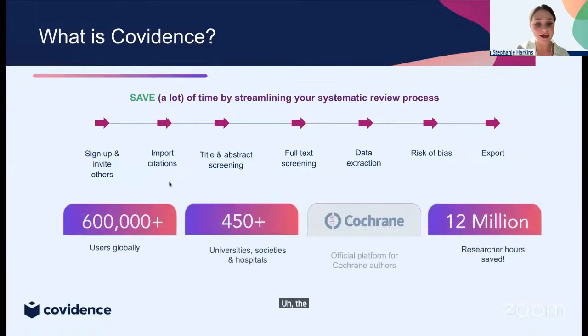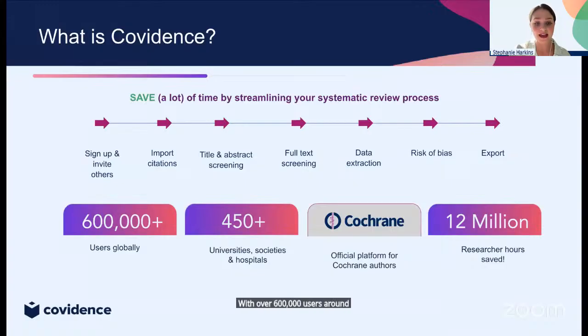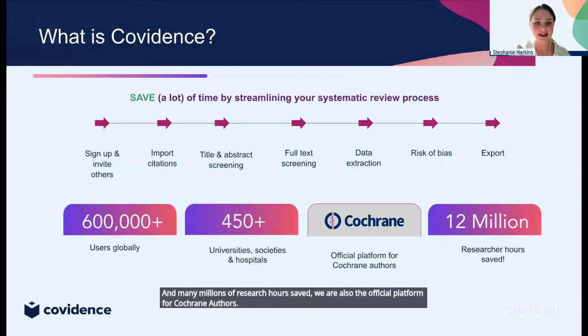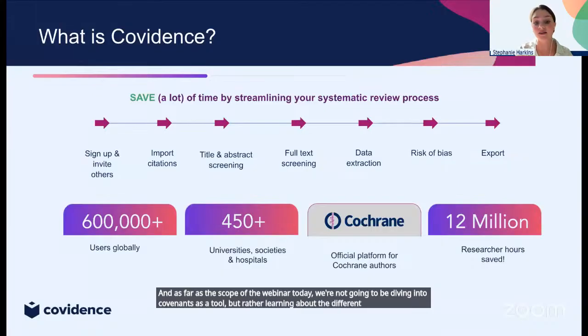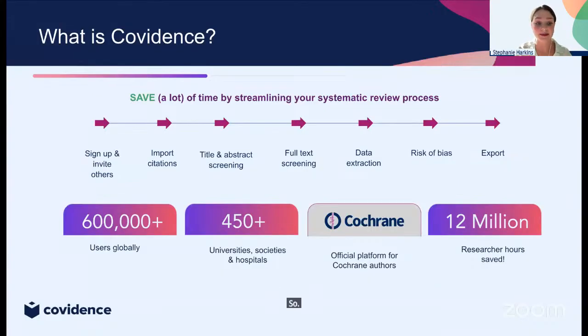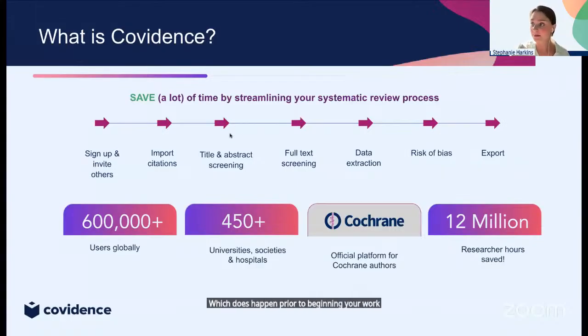The platform is entirely cloud-based, and we pride ourselves in supporting the world's largest review community with over 600,000 users around the globe and over 450 institutional partners and many millions of research hours saved. We are also the official platform for Cochrane authors. As far as the scope of the webinar today, we're not going to be diving into Covidence as a tool, but rather learning about the different review types Covidence can support. Selecting your review type takes place at the beginning stages of formulating your research question and protocol, which does happen prior to beginning your work in Covidence.